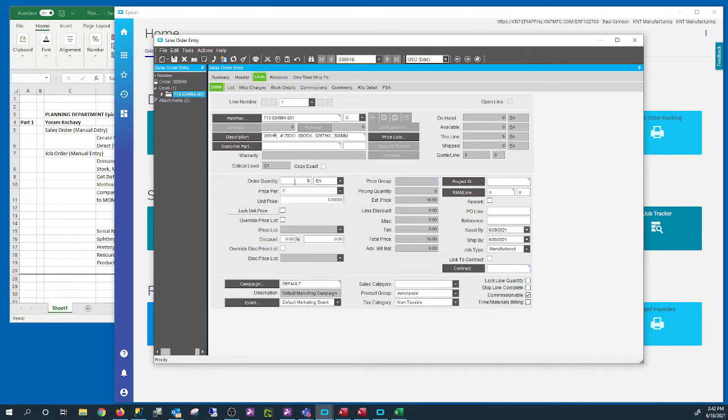So now we enter the sales order, and now we have entered one line. Now we can enter a second line as well. Select a different part, or select the same part again. Quantity and price.